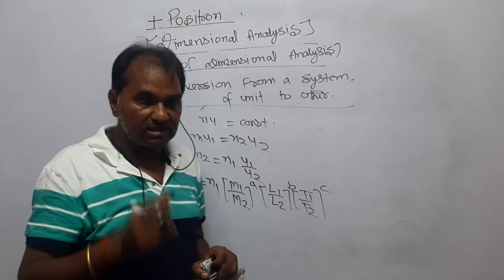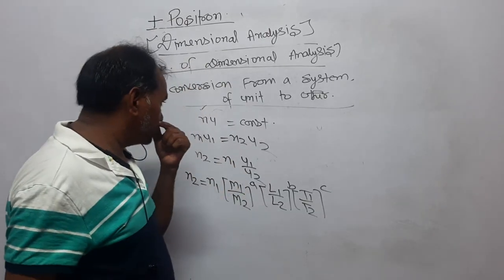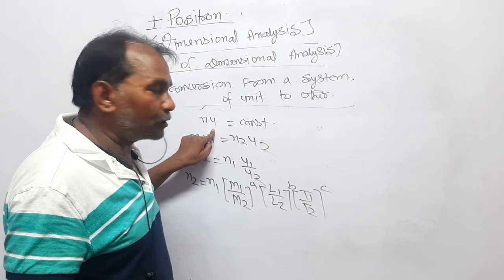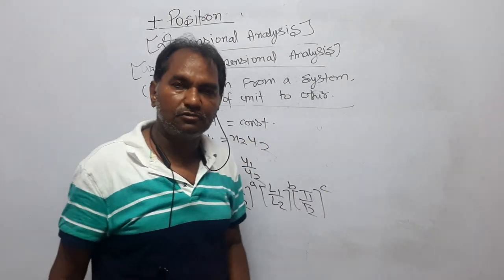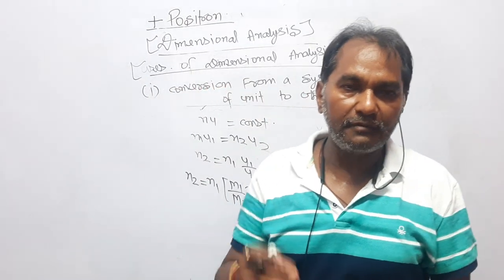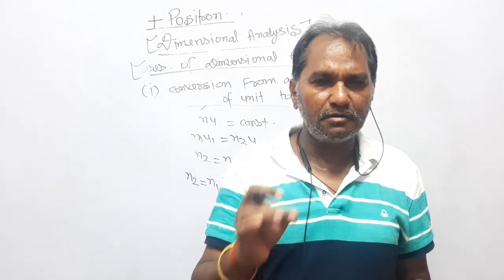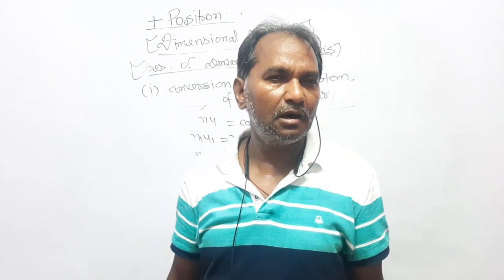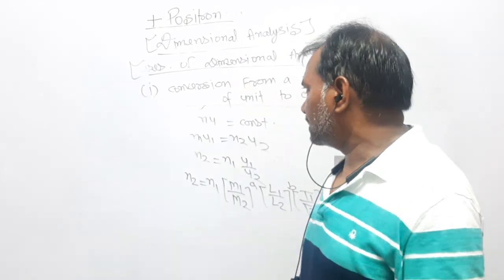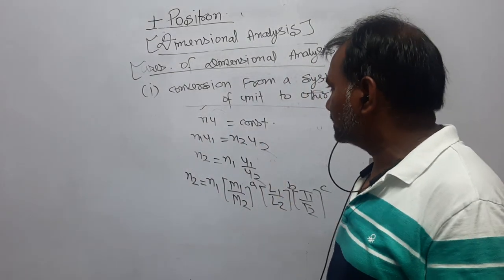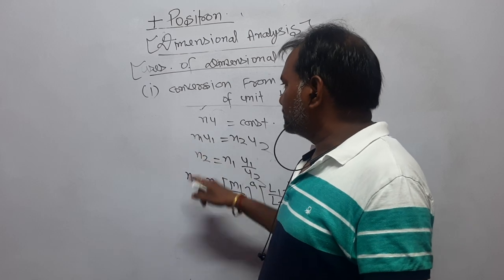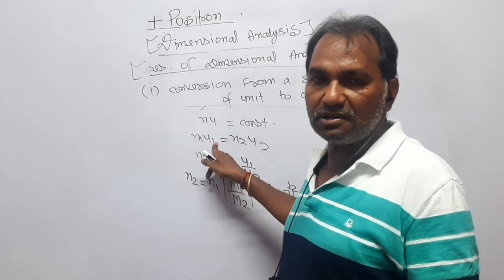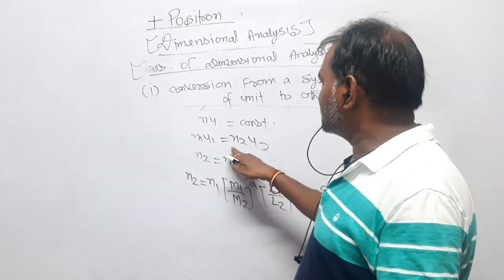Dear students, let's try to understand again what I have said: n into u, the product of numeral value and unit, is always constant. Similarly, in the example I have given, 1 kilogram sugar must equal 1000 grams. Sometimes you say 1 kilogram and sometimes you say 1000 grams. So n into u is equal to constant. In the first system of unit, it is written as n1 u1, where n1 is the numeral value and u1 is the unit in the first system, and that is equal to n2 u2,